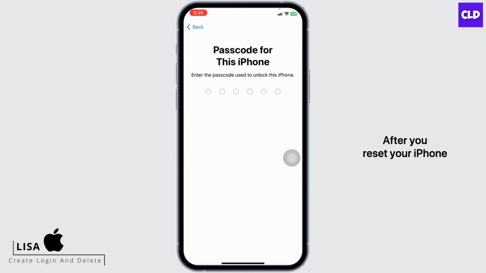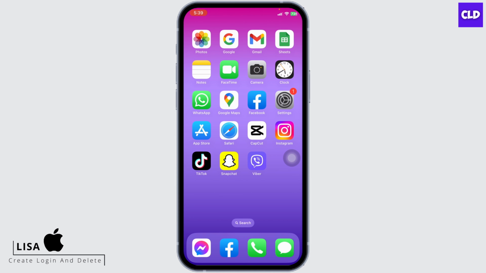After you reset your iPhone and while you set up again, you'll get the option to restore from iCloud backup. You have to select that option, and with that you will be able to recover deleted text messages on iPhone. So this was all for this video. This is how you can recover deleted text